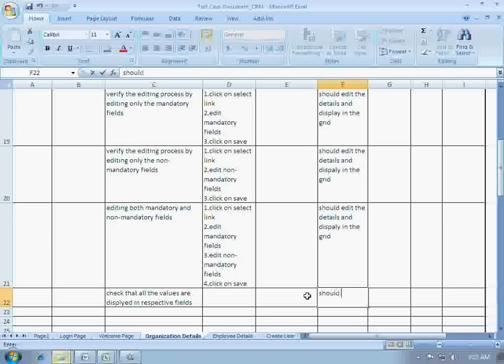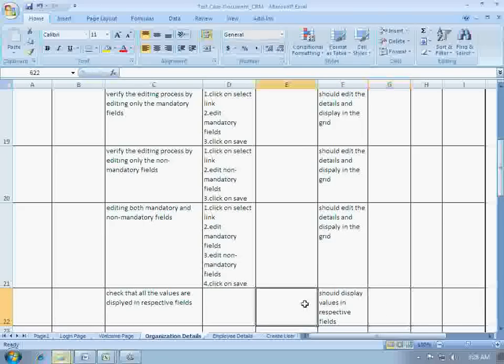Expected result is should display values in respective or corresponding fields. And what else?